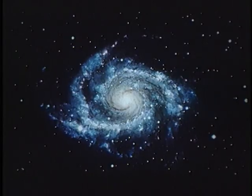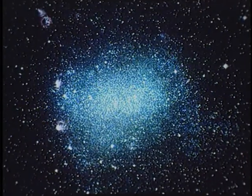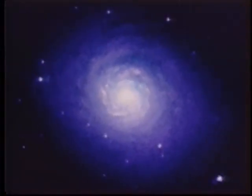The things that we look for in our studies of galaxies with the Kuiper Airborne Observatory are to try and understand how these systems evolve. At one time, galaxies were just big clumps of gas, and under the action of gravity, they condensed to form stars in either spheroidal distributions or, in the case of spirals, in large disc-shaped distributions with the spiral arms. One of the things we try to understand is how these processes occur, both initially and then as a galaxy